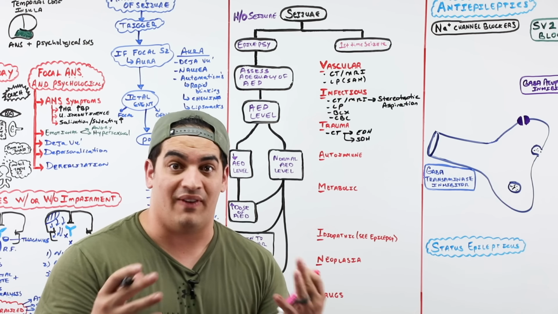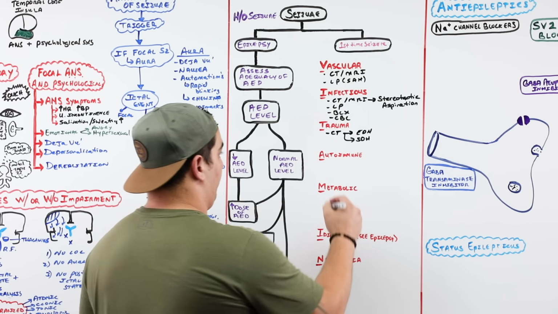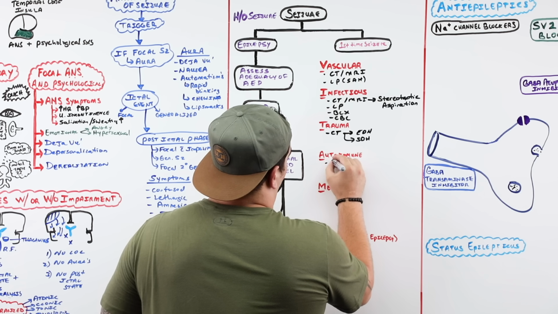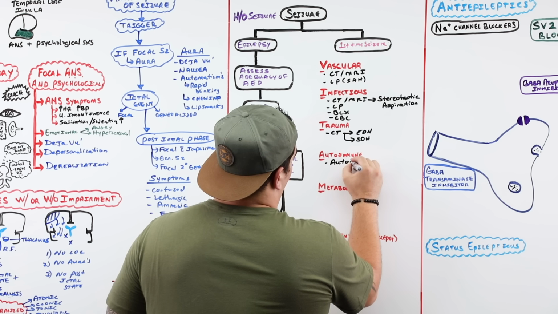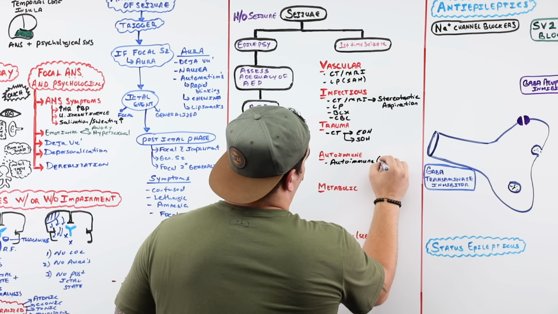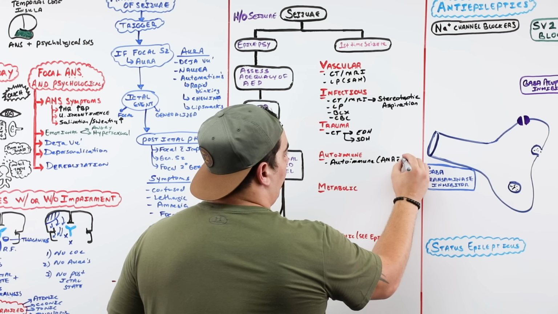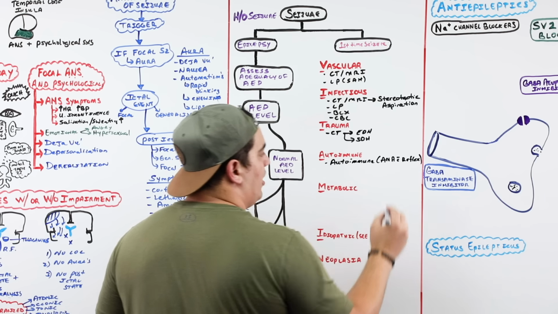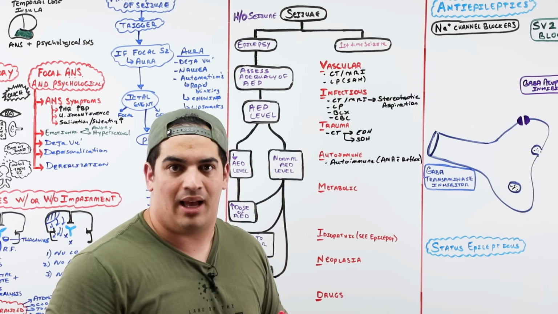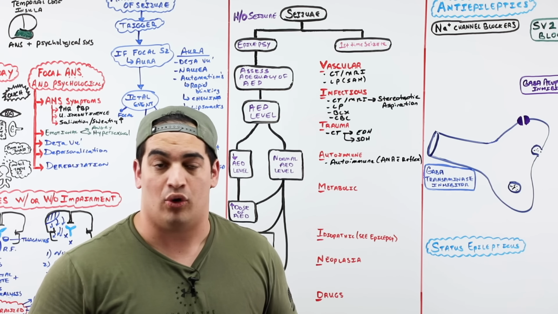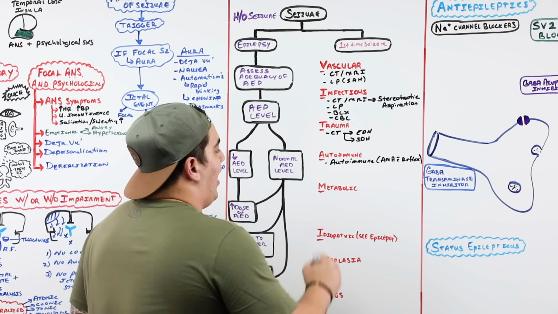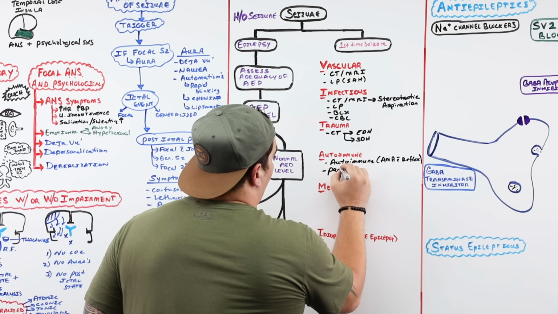You can further evaluate that with an autoimmune panel. Sometimes an autoimmune panel starts off with just an ANA, an anti-nuclear antibody with reflex. That will send off a bunch of other antibodies that may be related to different types of autoimmune disorders.